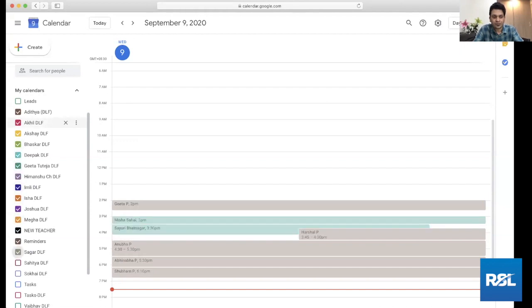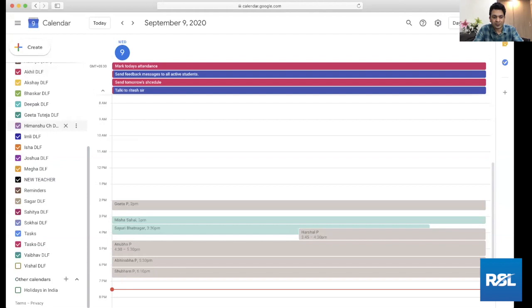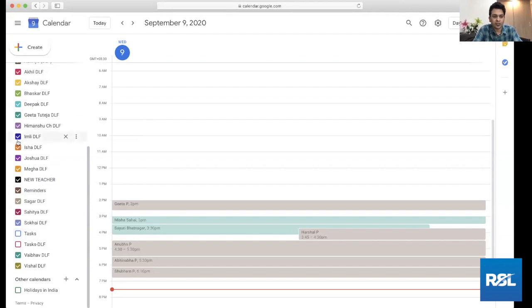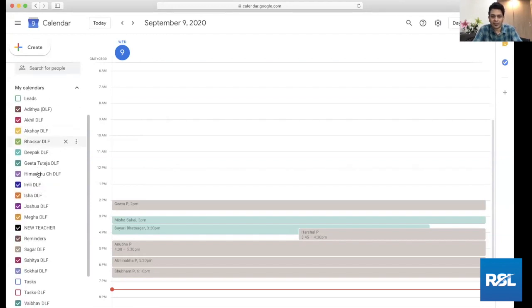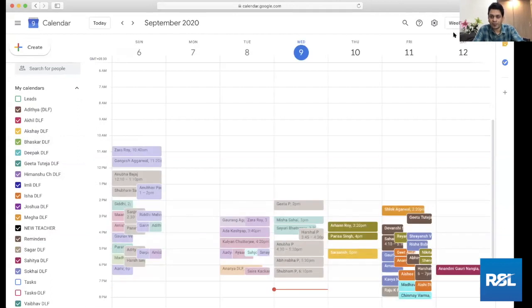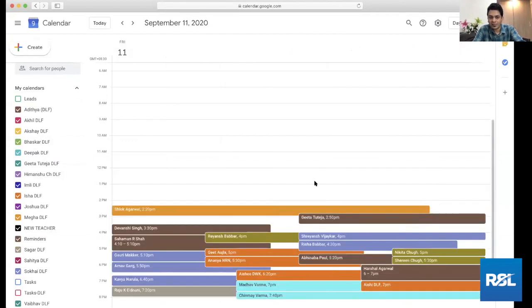So that's all you need to do. It doesn't take much. As you can see, whatever you don't need to see, you can hide, and you can see all of those things. So I can go to the week schedule by pressing W. I can click on a date here if I want to see a particular date's schedule. So if I say I want to see the 10th or 11th for that matter, I will see that day's schedule so easily like that.